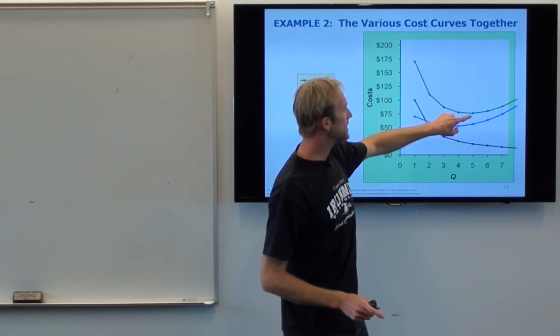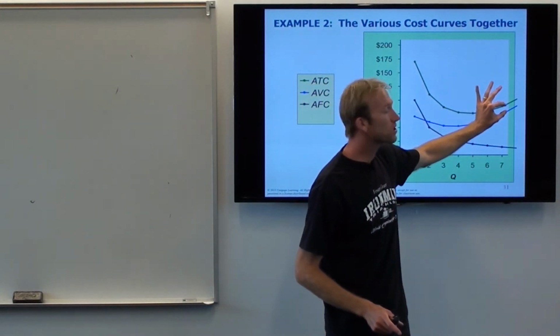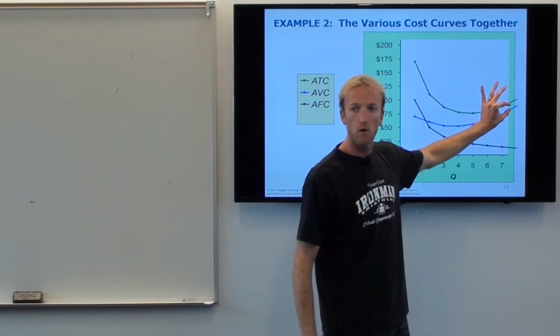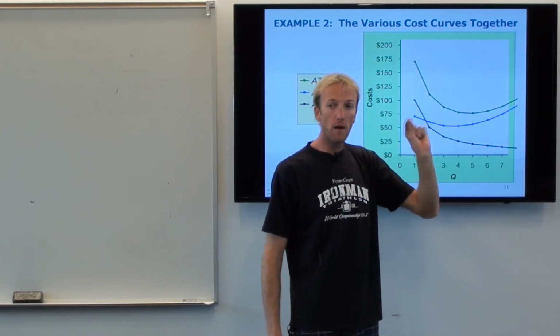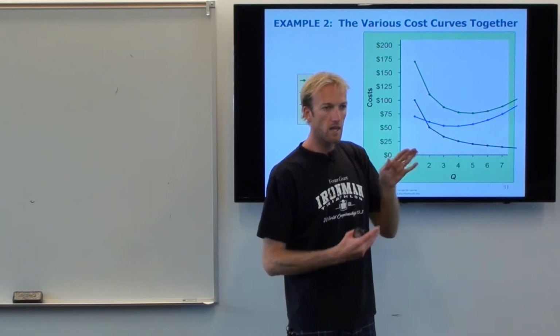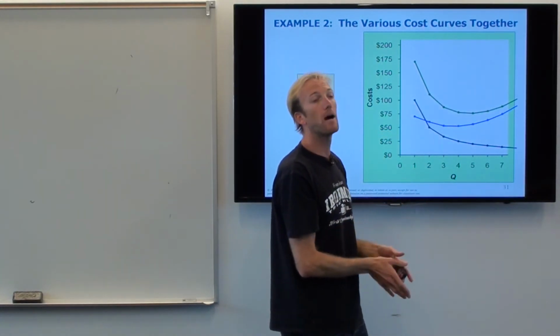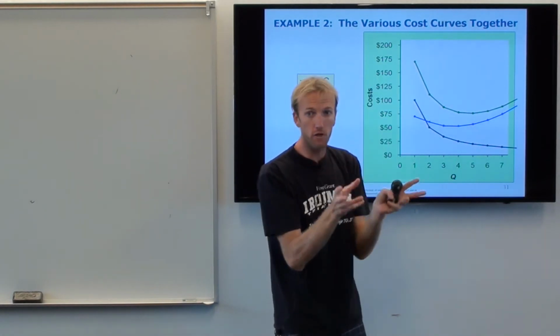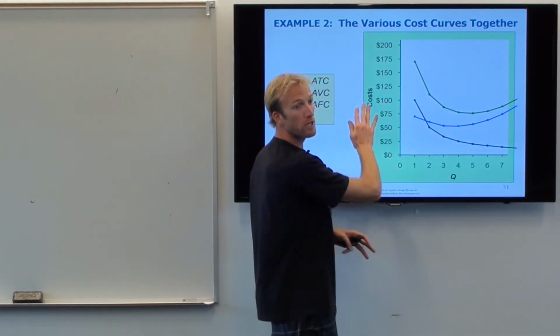the ATC and the AVC start a little bit farther apart, but then they get a little closer. Right? When you graph the regular VC, variable cost, and the regular TC, total cost, they always stay the exact same distance apart, whatever the fixed cost is, right? But when you graph the average versions of them, which don't forget, these are the per unit costs.